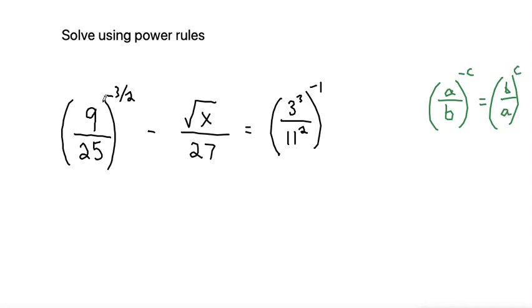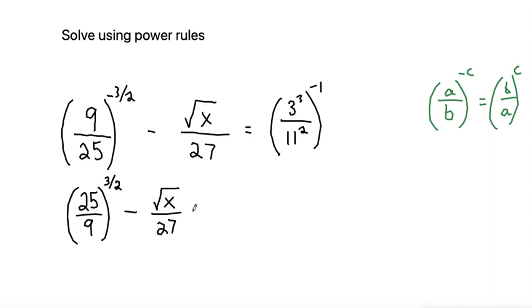So let's use that rule on this first fraction. We'll flip the fraction to make 25 over 9, and then change the exponent sign to positive 3 over 2. So that's the rule for this fraction. I'll just bring down the square root of 27, the square root of x over 27, which is equal to,